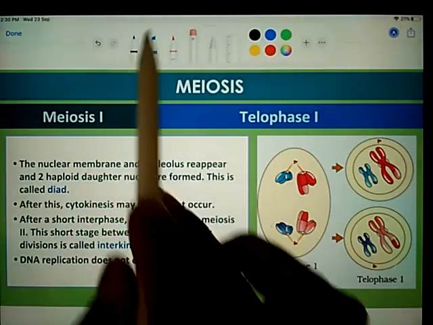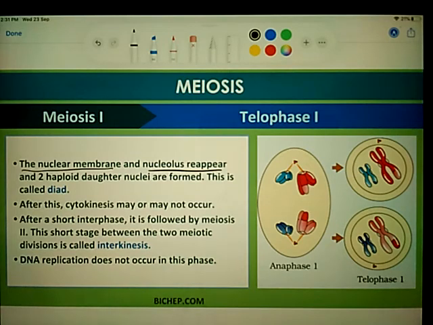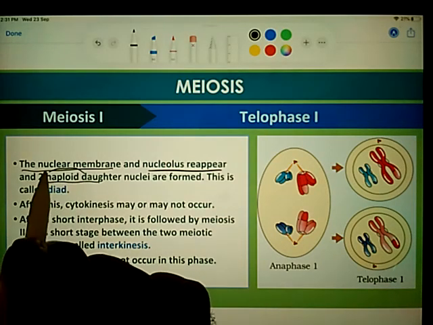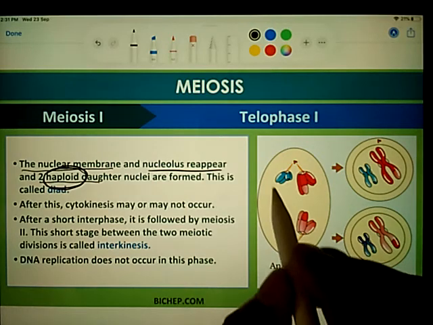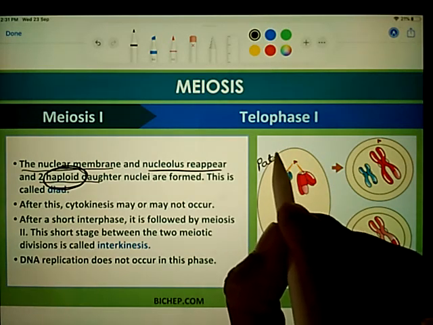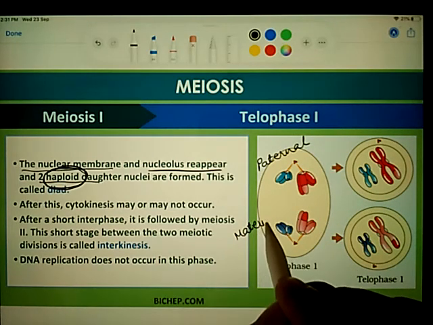Right? So telophase, if I talk about, two nuclear membrane and nucleolus reappears. So you can find two cells. So two haploid daughter nuclei are formed. The thing is that haploid daughter nuclei are formed. Why? Because at the time of telophase 1, either paternal, mind it very well, or maternal,